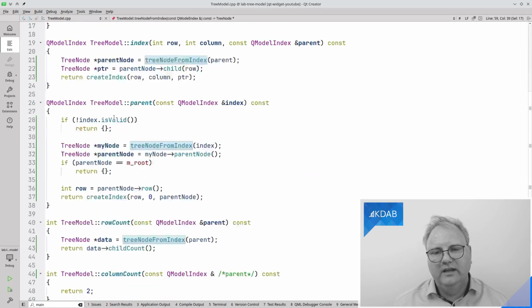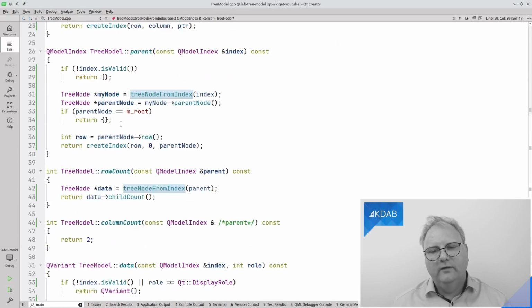Now down to implementing row count and data. That's what I usually do. Well, column count again, return 2, but if there were different column counts, depending on the actual data, I would need to implement that. But the row count,